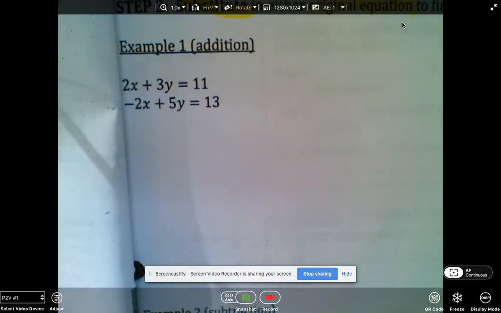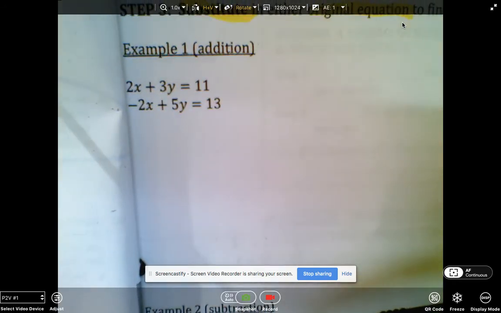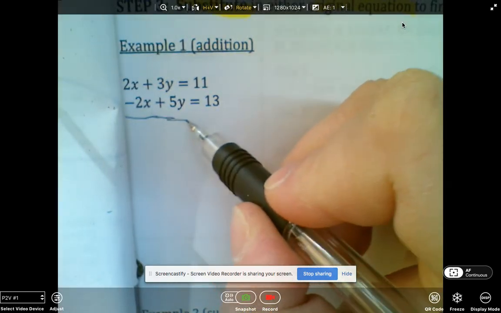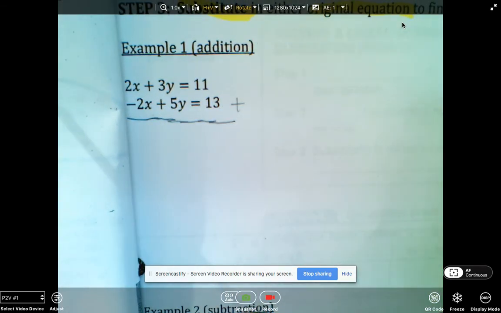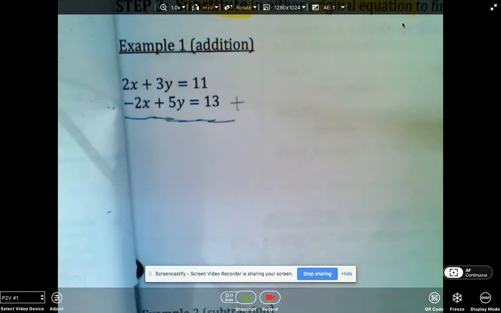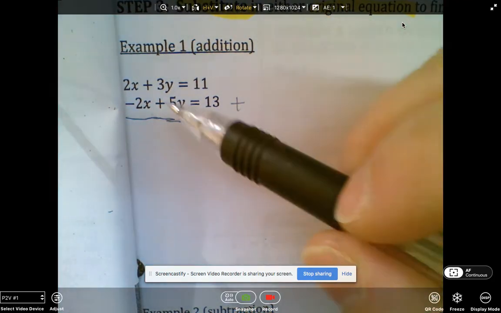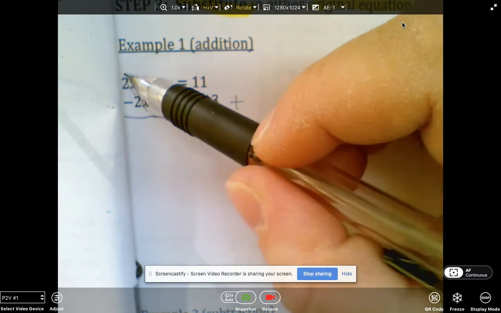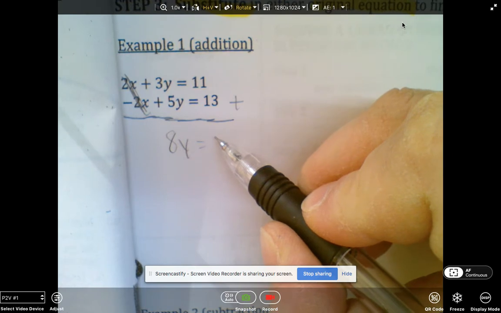Let's look at example 1. And you can see this one is addition. So looking at the way these are lined up here, when I say add the equations, it's literally like adding when you're in elementary school, just adding straight down. So if you were to make an addition problem out of these two equations, can someone tell me which variable will eliminate, the x's or the y's? Yeah, it's definitely going to be the x's because 2x plus negative 2x is eliminated. So you're left with 8y equals 24,